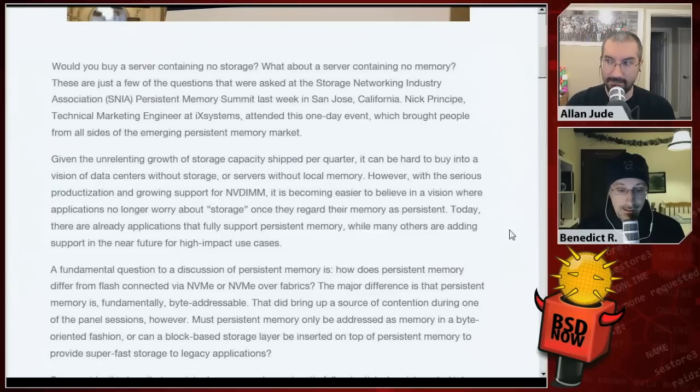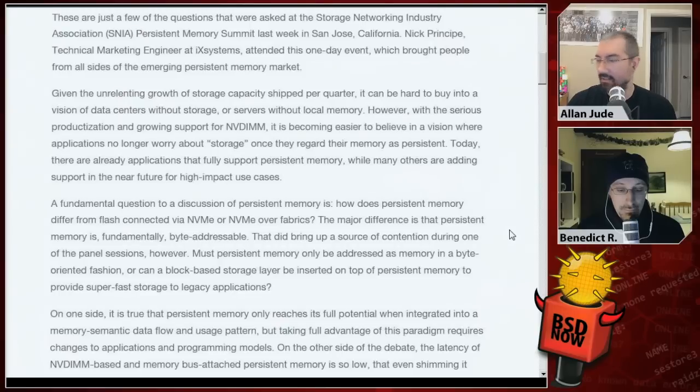Or just, it's completely non-volatile. So it's not just about having a battery to survive till the power comes back on, but the data is persistent when it's written. With that, it becomes easier to believe in a vision where applications no longer worry about storage.